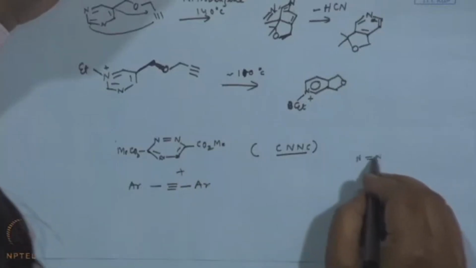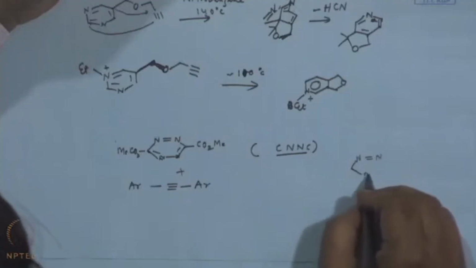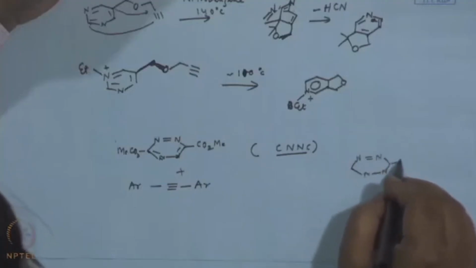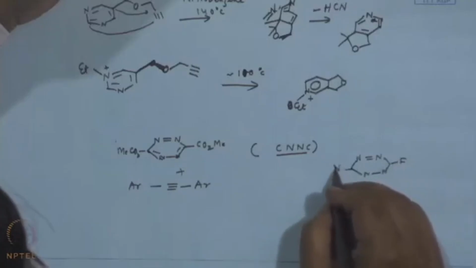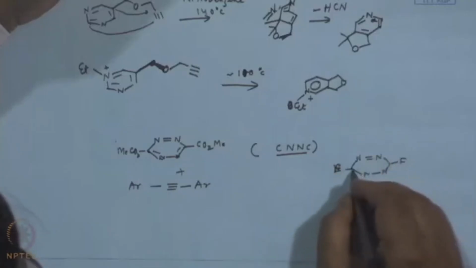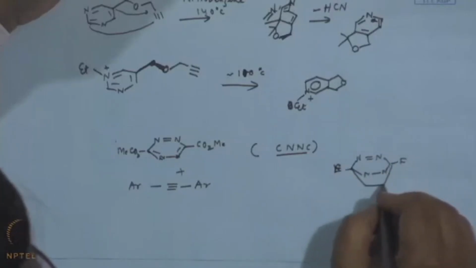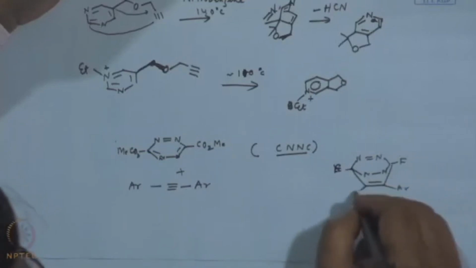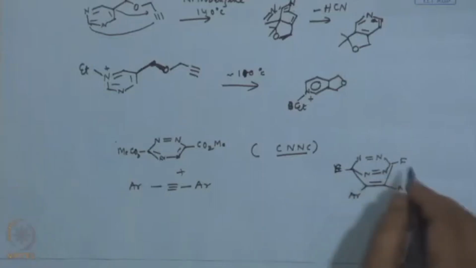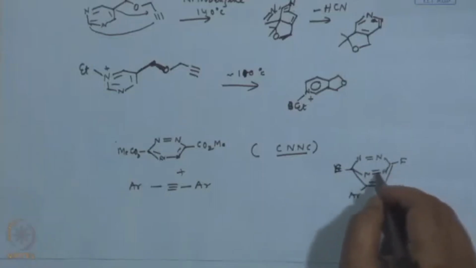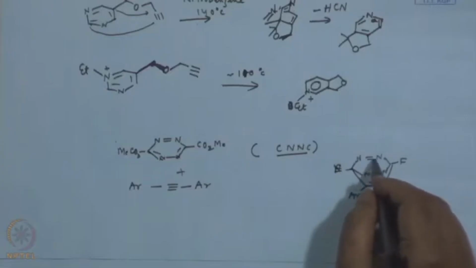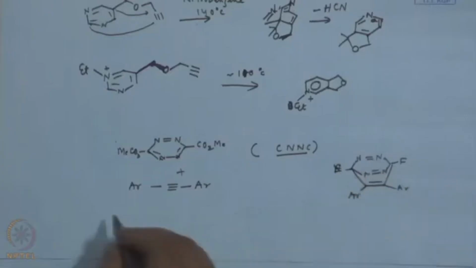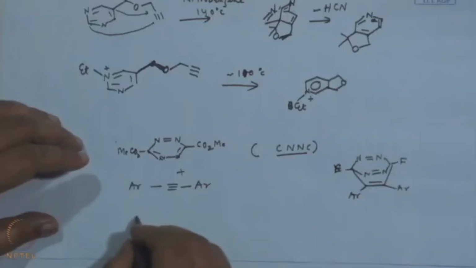So, this portion remains as it is, and nitrogen is eliminated, and this is E, and then the part of the triple bond, this is Ar and the Ar. Now, in this case, as you can see, retro-Diels-Alder can take place either at this nitrogen pair or this nitrogen pair, it does not matter because both are equivalent. So, eventually what you will get,